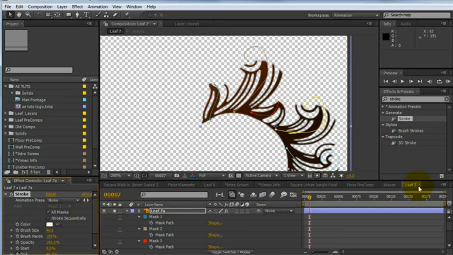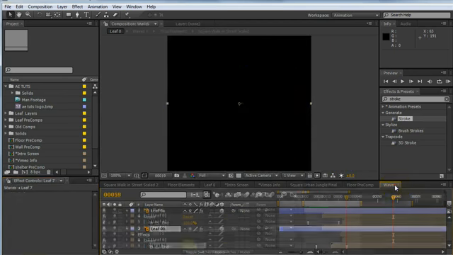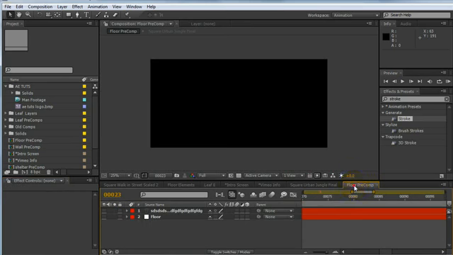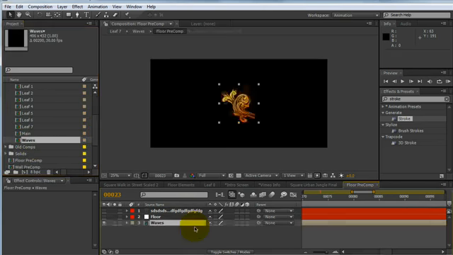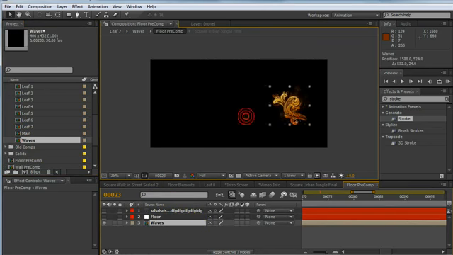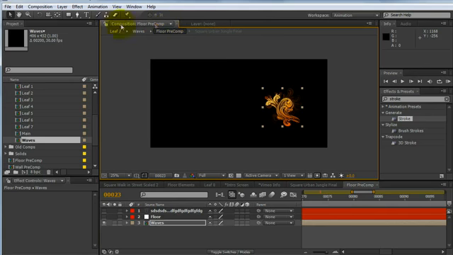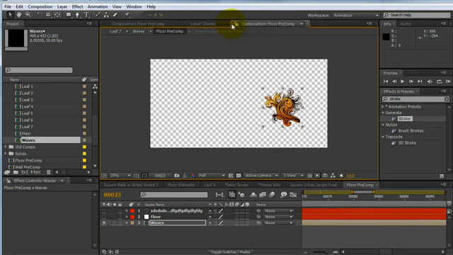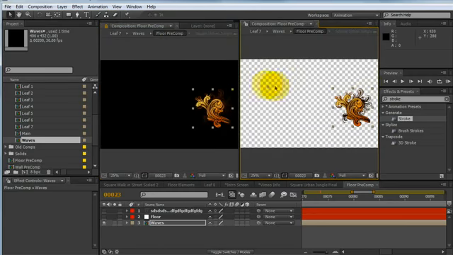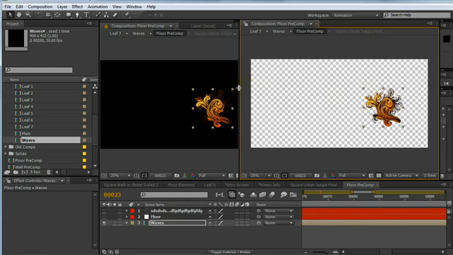So now I'm going to close these down and move on to the floor comp. So I'll go up to my project pane and navigate to the waves pre-comp, and I'll drag that down into the timeline, reposition it a little. We're going to lock this and we're going to make a new comp viewer. This way I can make adjustments in the pre-comp and view those adjustments within the composition I'm going to be